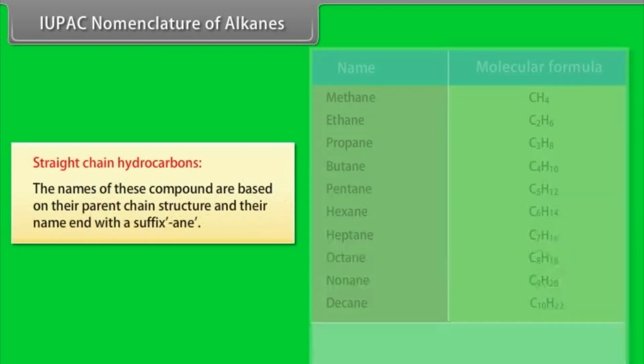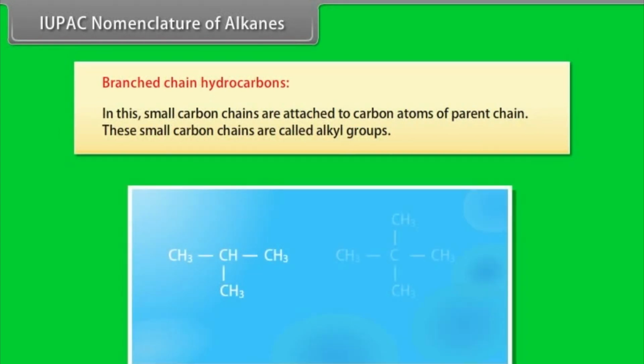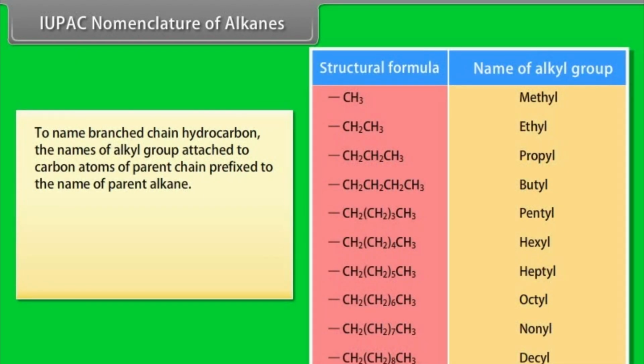IUPAC nomenclature of alkanes. Straight chain hydrocarbons. The names of these compounds are based on their parent chain structure, and their name ends with the suffix ane. Branched chain hydrocarbons. In this, small carbon chains are attached to carbon atoms of the parent chain. These small carbon chains are called alkyl groups. To name a branched chain hydrocarbon,